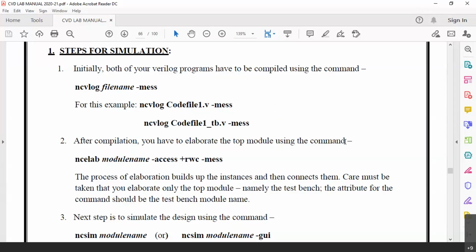We call the test bench the top module because the test bench is at the top. The design under test is at the bottom. That's why I drew the picture that way. After compilation, and compilation is basically the checking of syntax errors,